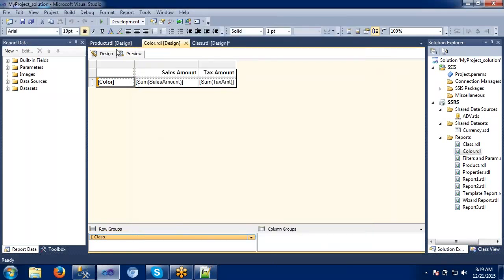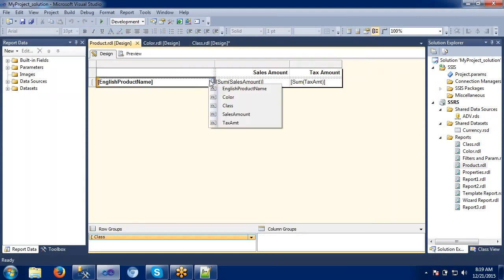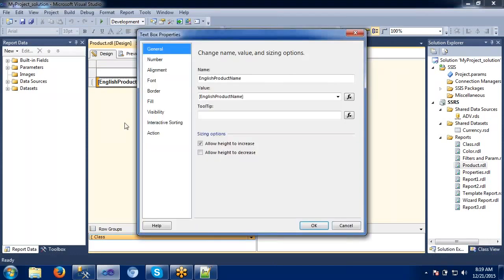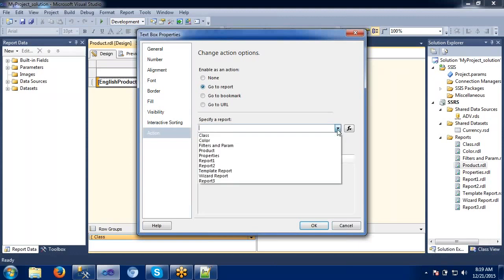So finally, what will this product be displaying here? Again, when I click on the product, if you want to make use of some other report, then we can specify go to report again and give whichever report you want.